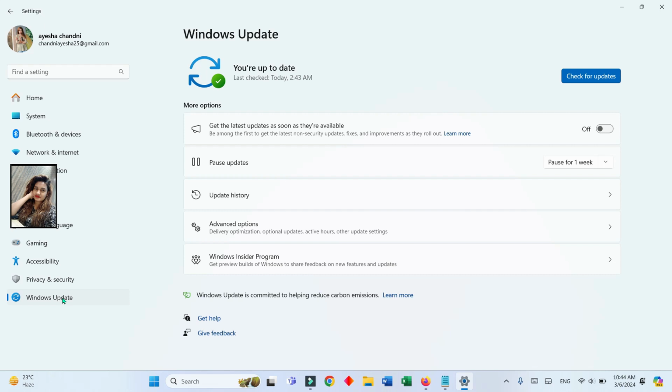So what we want is the Windows latest update. So here, the latest updates: get the latest updates as soon as they are available. By default it is off. If we want to enable or turn on this Windows update, then we will press here. So in this way the Windows update will